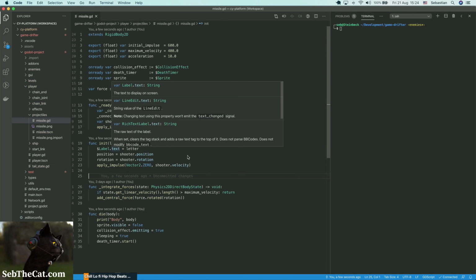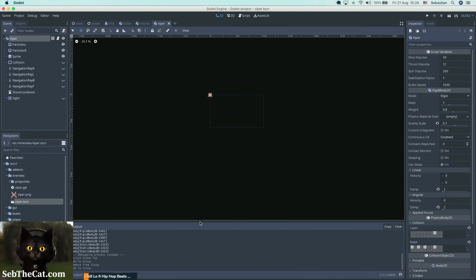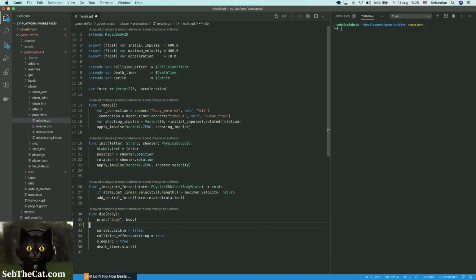And then what? Okay, so our bullets are colliding with stuff, but we want to say we've just added our Viper into the enemies group, and then what we can say here is